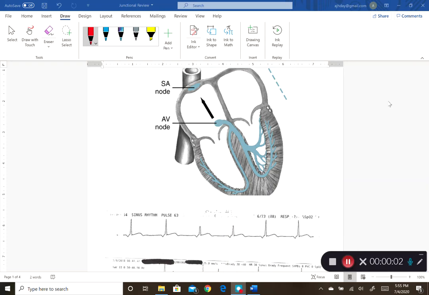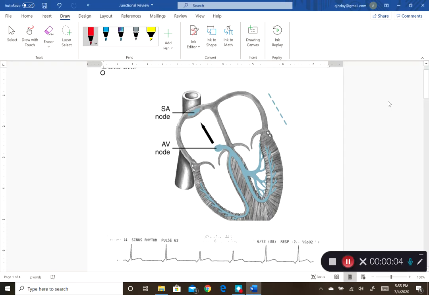All right, so let's do a review of our junctional rhythms. In our junctional rhythms, our primary pacemaker site becomes the AV node. And so there are a few things that we get that are specific to junctional rhythms because of that. As you can see in this diagram here, we get this electrical impulse that originates in the AV node,